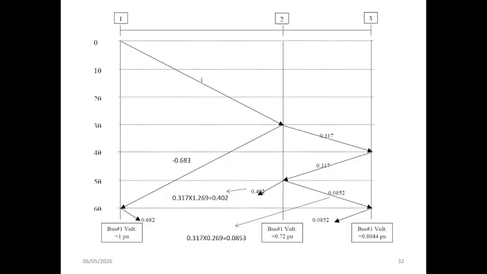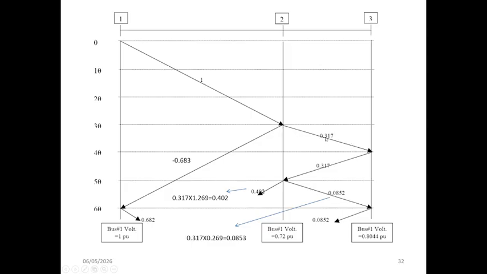After a travel time of 3 theta, the wave reaches bus 2, where part of the wave is transmitted toward bus 3